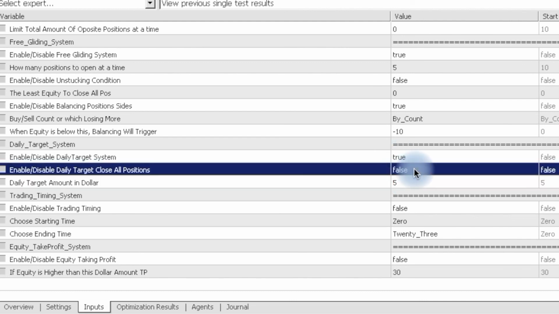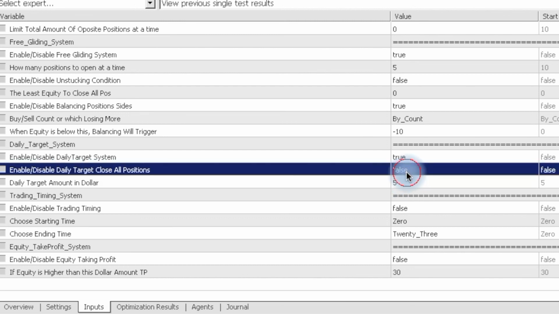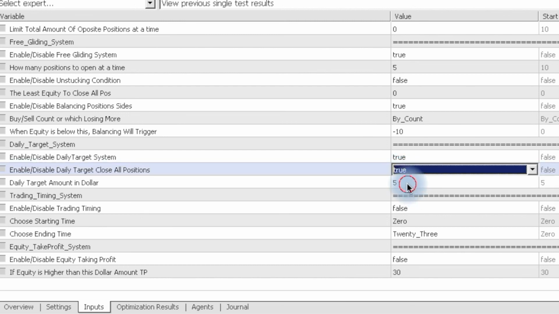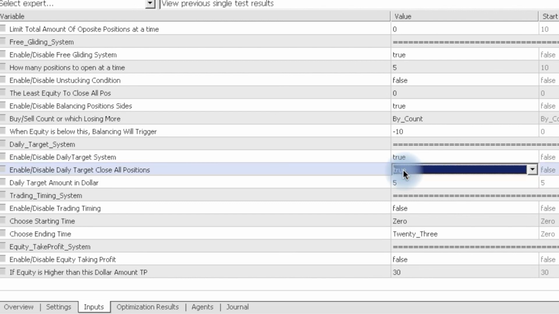And then this here, what does this mean? Daily target close all positions. I will close all positions immediately. What does that mean? If I had 5 positions, or even 1 position, and this position is already gaining 50, maybe 51, 52, whatever, maybe 70, 100, or across the 50, then right away, if it sees that, it will close all open positions. This is live equity. Now, if I don't have this,